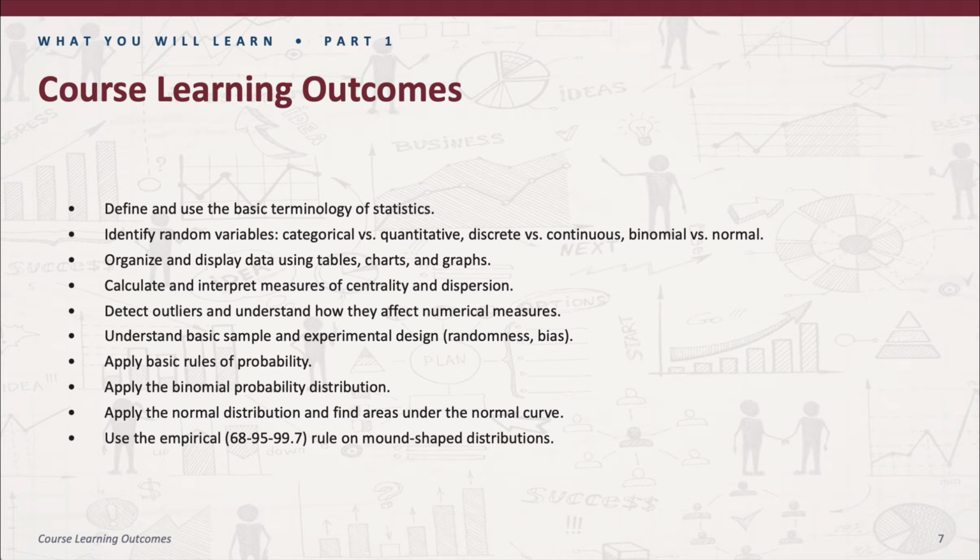So we'll talk about the basic terminology of statistics. How do we work with the variables or entities, and how can we organize them and display the data using charts and infographics, and what it means to be a centrality of the data, like mean, median, and things like that, and how do we detect outliers and how they impact these centrality measures. We'll look into probability and then probability distributions. One of the things you're going to be using a whole lot is the normal distribution. I'm sure you've heard about grading on a curve. That idea of the curve comes from the normal distribution.